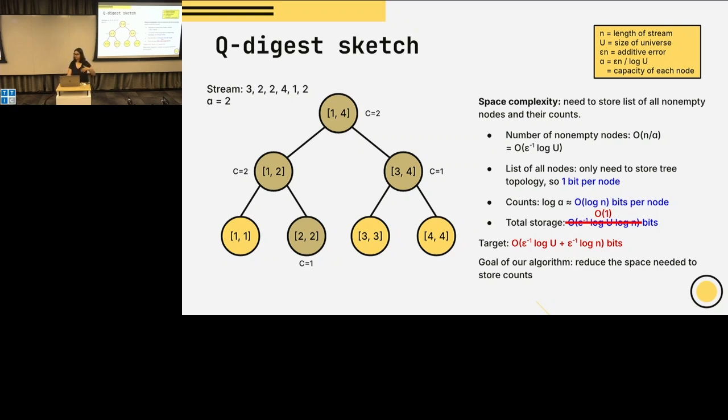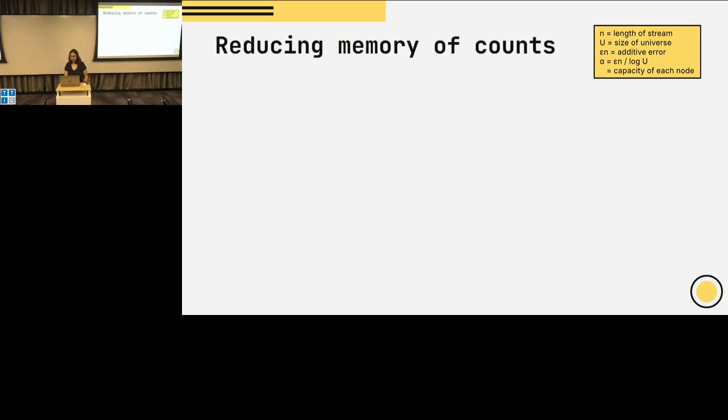So does the setup make sense? Basically the next few slides where I describe our algorithm are just going to focus on how we get rid of these counts and store approximate counts that only take O of 1 bits of memory instead. Specifically, in the description I'm going to give in the following slides, the counts will take, I think, O of log 1 over epsilon bits each, but you can actually make it O of 1, but I'm not going to get into that.